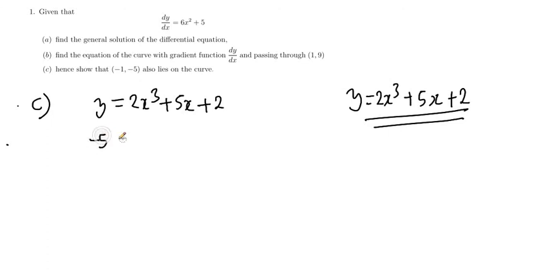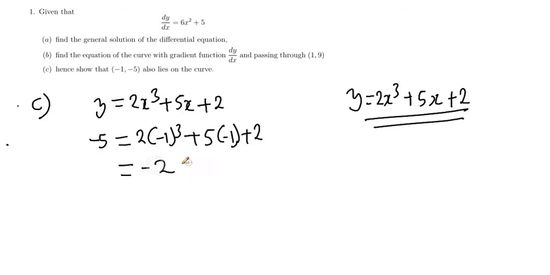So -5 is equal to 2 multiplied by (-1) power 3 plus 5 multiplied by -1 plus 2. This is equal to -2 minus 5 plus 2. So this 2 and that 2 will cancel, and we're going to have -5 is equal